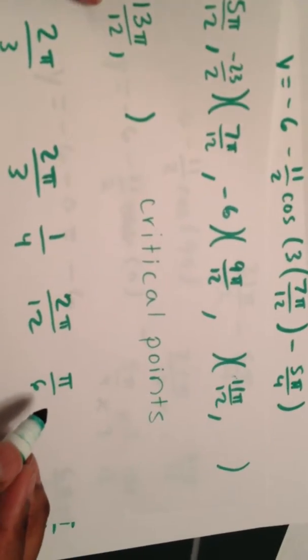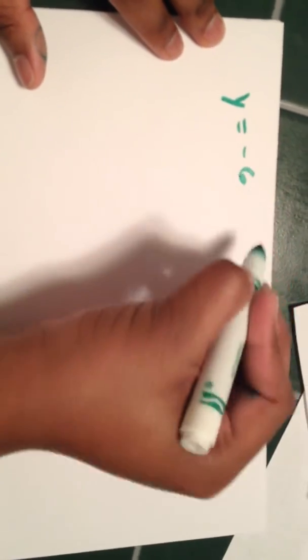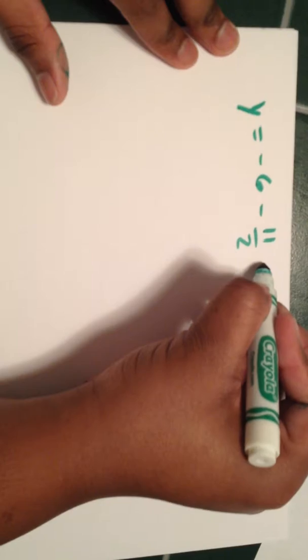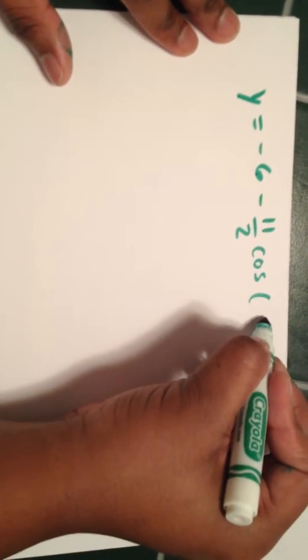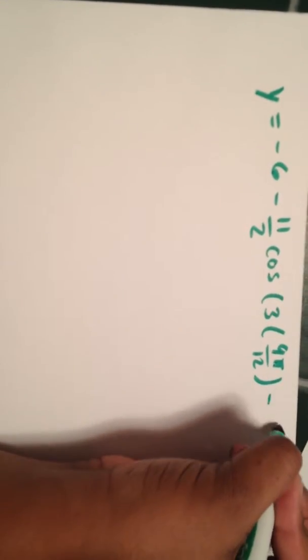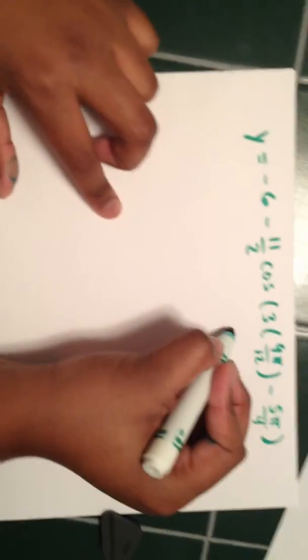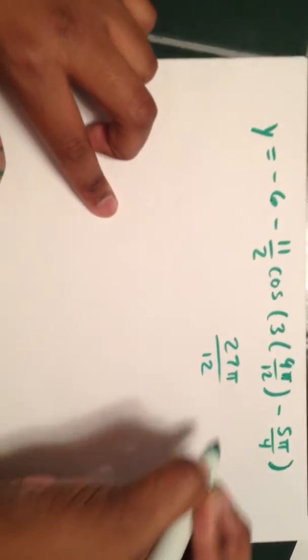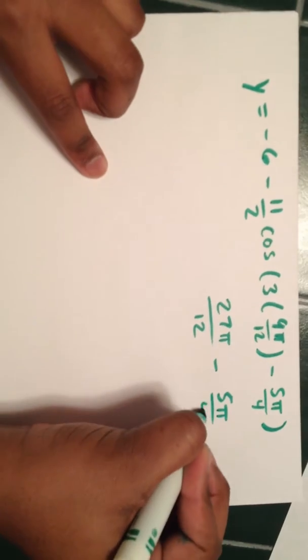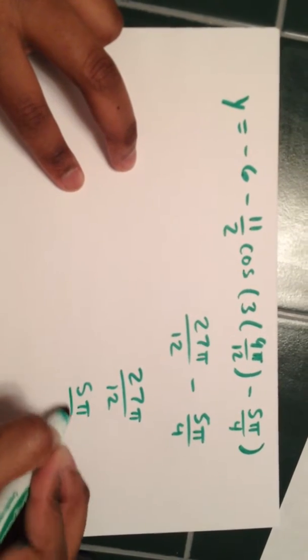Okay? Then you will go on to plug in 9 pi over 12. y equals negative 6 minus 11 halves cosine of 3, 9 pi over 12 minus 5 pi over 4. Okay? That will change into 27 pi over 12 minus 5 pi over 4. 27 pi over 12, 5 pi over 4, common denominator,